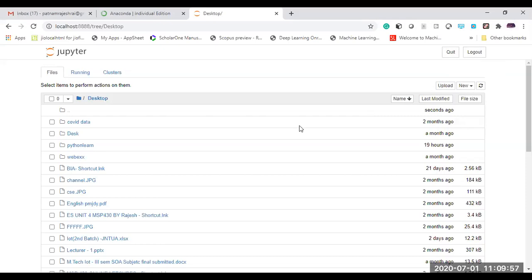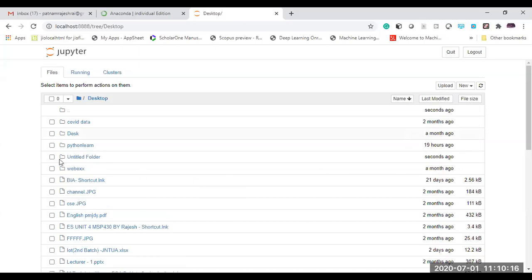Before this, I need to create a folder, right? So I'll select New, and from all these options I'll select Folder. Once you select Folder, it is going to create an Untitled Folder. If you want to check whether this Untitled Folder is created or not,